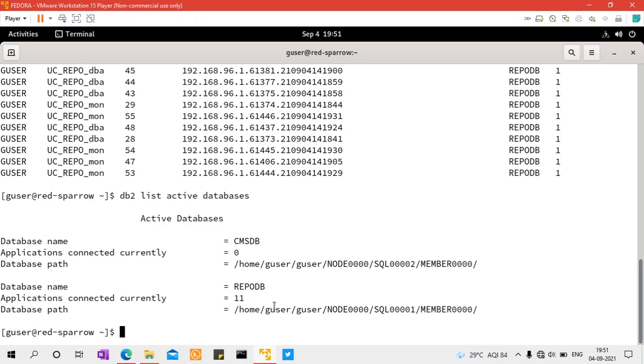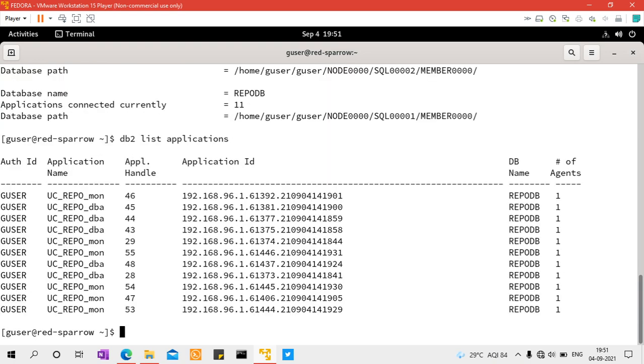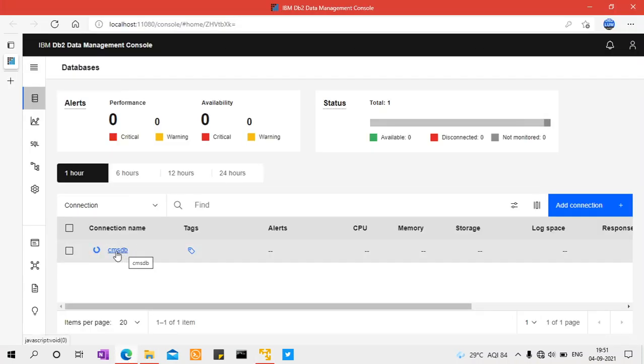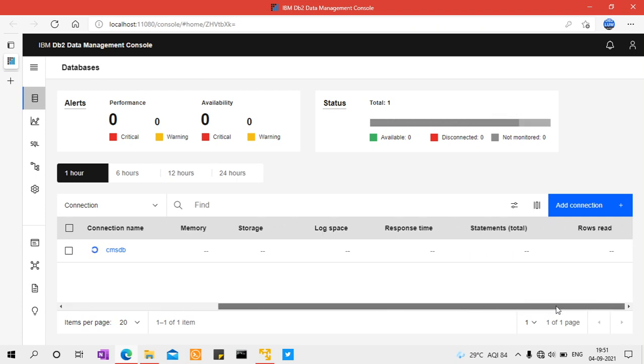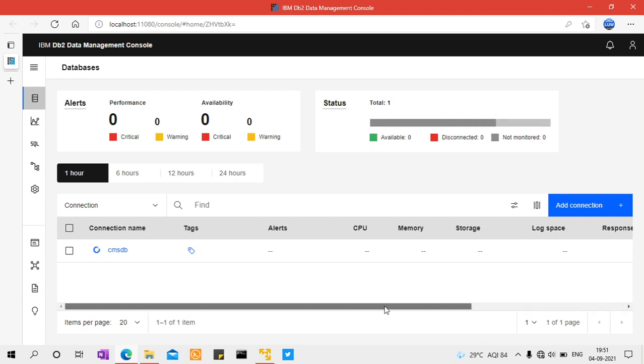Let's see, it's going to take a while. So you can see that here all the applications are RepoDB applications, and through this web console or IBM Data Management Console, I'm actually looking at the connection CMSDB. I can look at the log space, the response time, statements executed, rows read, CPU consumption,